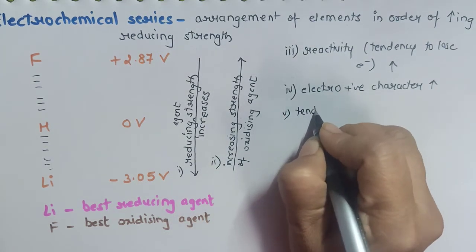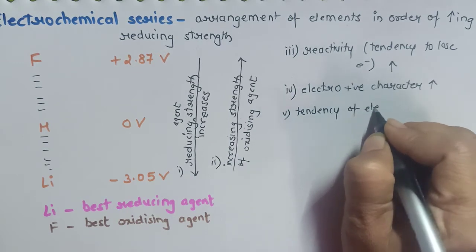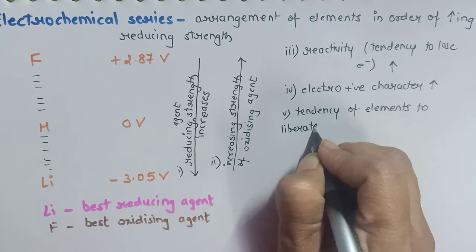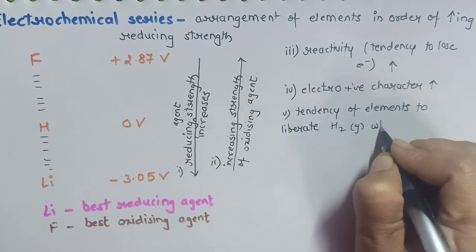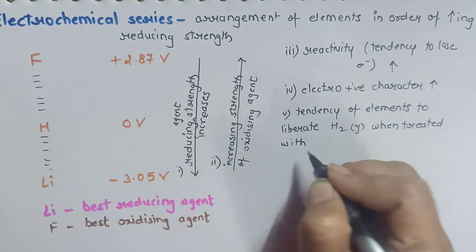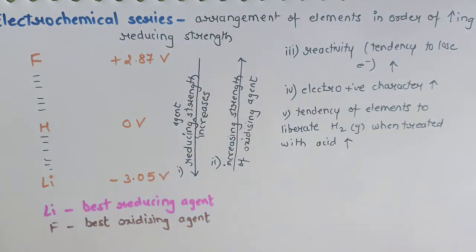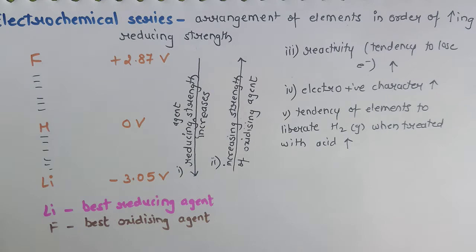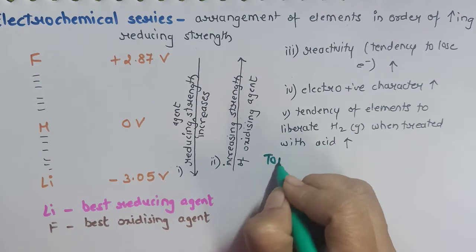The tendency of elements to liberate hydrogen gas when treated with acid also increases. That means the elements which are placed below hydrogen in the electrochemical series will be able to liberate hydrogen gas when they are treated with acid. But the elements which are placed above hydrogen in the electrochemical series will not be able to release the hydrogen gas. Generally speaking, the top elements